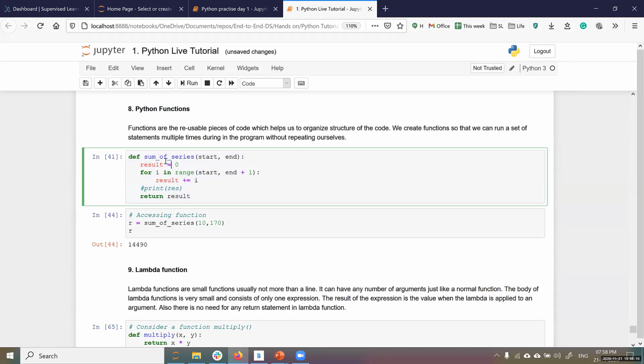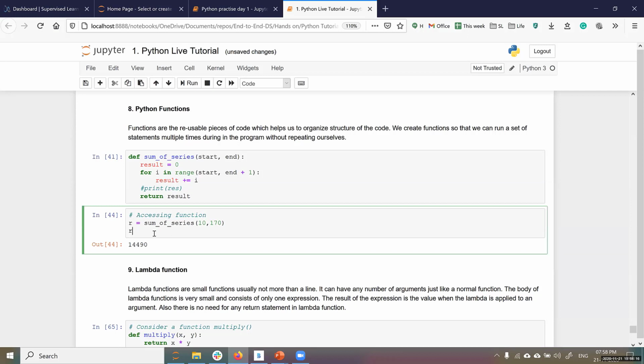Instead of writing it, you can just call it as sum of series, and you just pass the start and end. It will return you the output. So this is very useful when you structure the code. The operations which are executed multiple times can be kept inside a function, and you can call it.